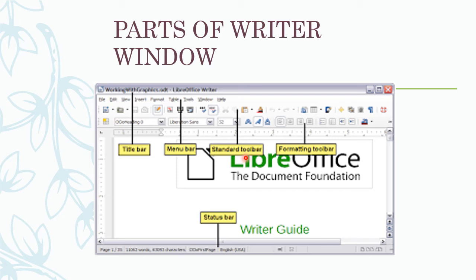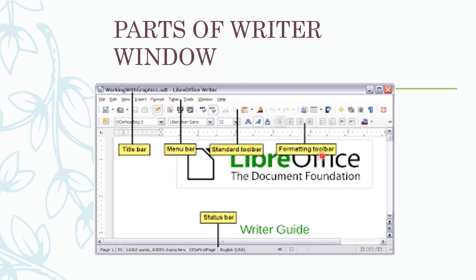The standard toolbar is below the menu bar. There you can have many tools. These tools are used for unique and different purposes of the word processing document. If you want to use any one of them, you can use it according to your choice.